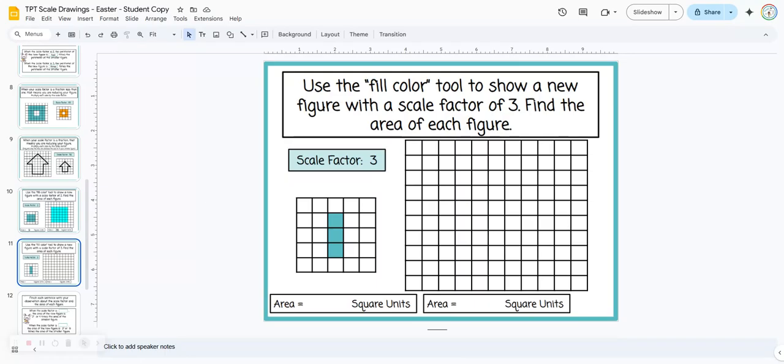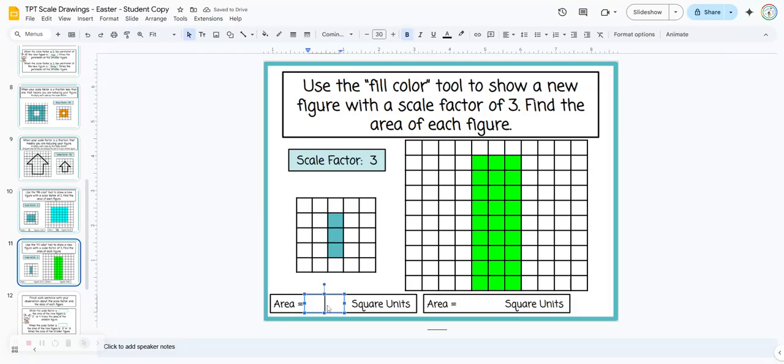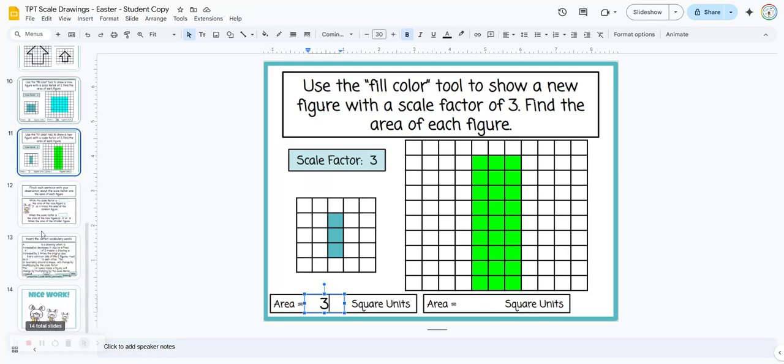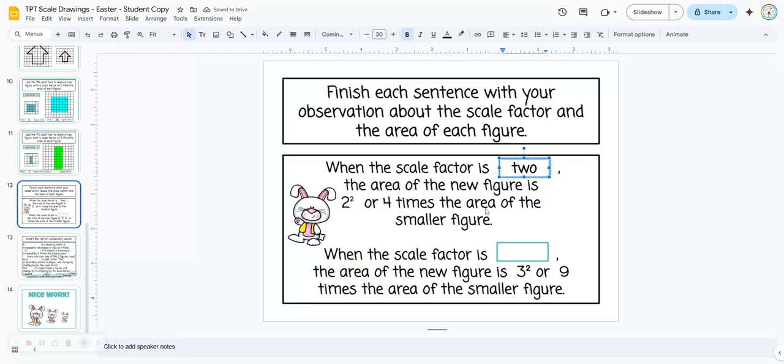And they've got another one to do here. Scale factor of 3, so it's going to be 3 times larger. And then see if they can predict the area of the larger square. The original is 3 units, or the rectangle. So you can have them see if they can predict what the area of the second figure is going to be. And then a recap: when the scale factor is 2, the area of the new figure is 2 squared, or 4 times the area of the smaller figure. When the scale factor is 3, the area of the new figure is 3 squared, or 9 times the area